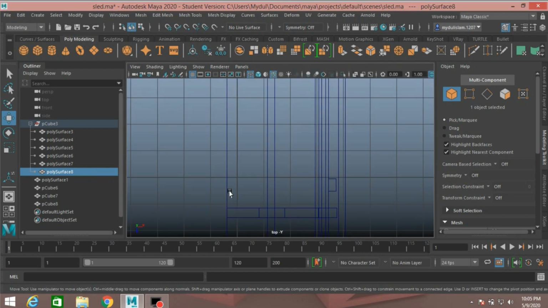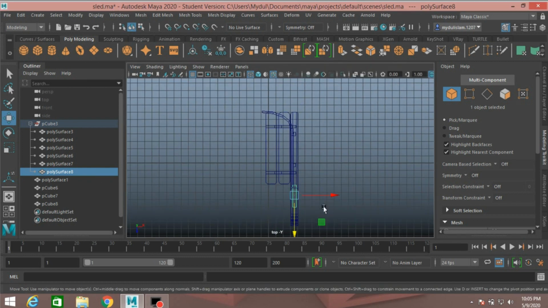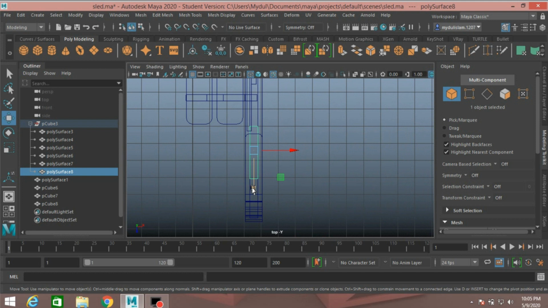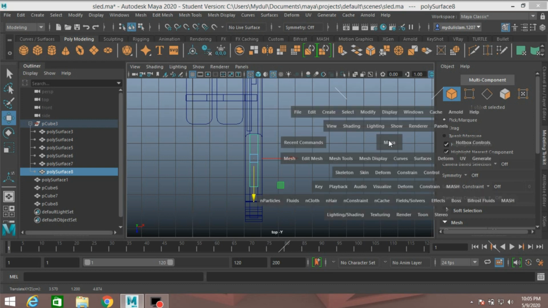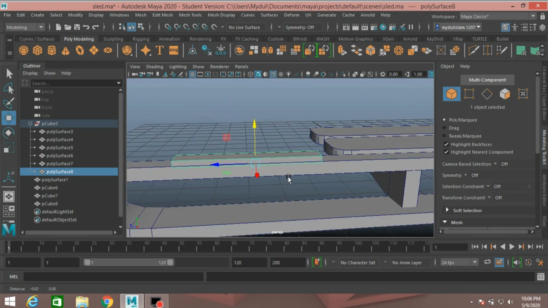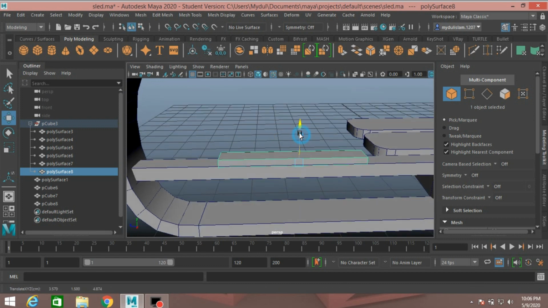Go to top view, move here, move up, scale tool, scale it just like this and move up just like this, move up and scale.